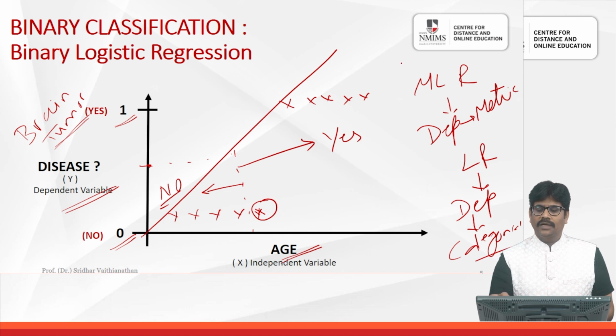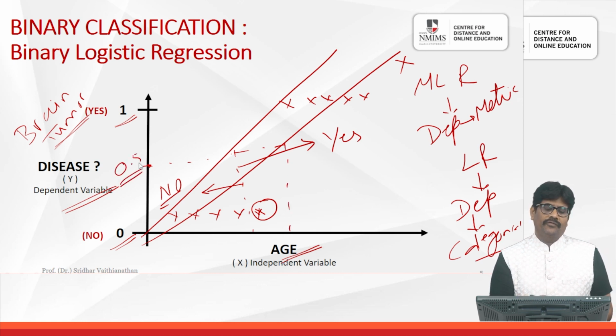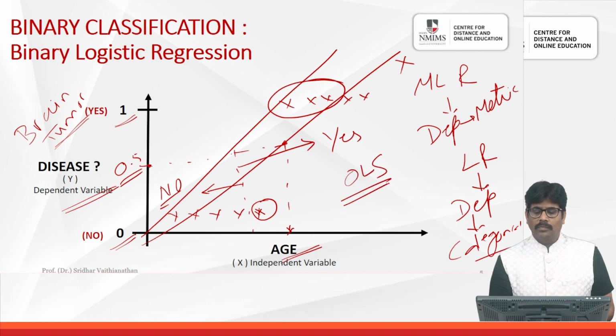But what happens if too much data is there? Let us say the data is coming here, then the best fit line might change to this. Now, if you use the same cutoff here, let us say a 0.5 cutoff, 0.5 and above we classify as 1, and 0.5 and below we classify as 0. Now look at this, the number of misclassifications increases. So we cannot apply ordinary least square to binary logistic regression because there will be a lot of misclassification, plus the